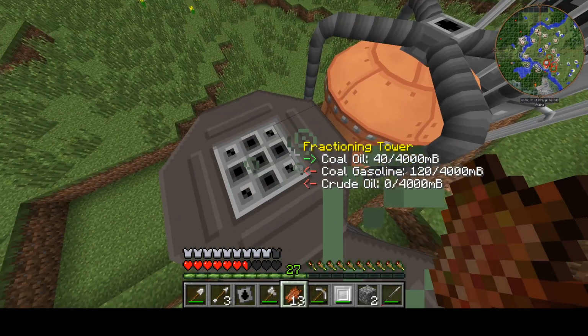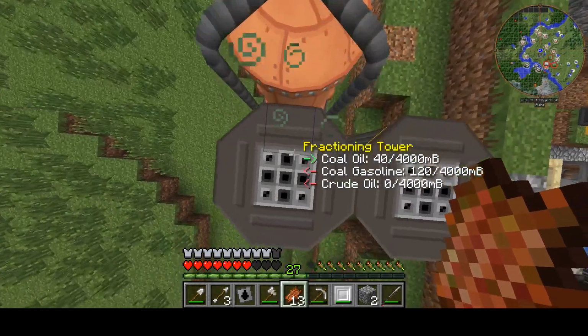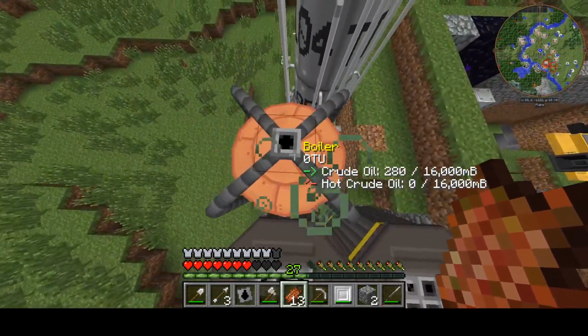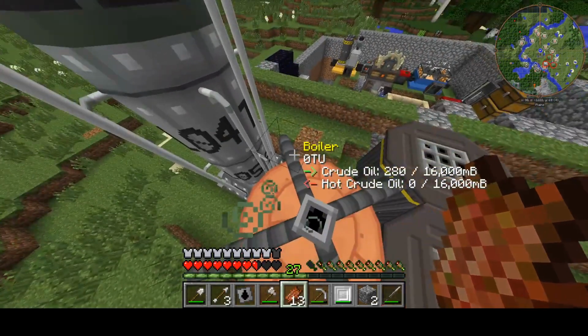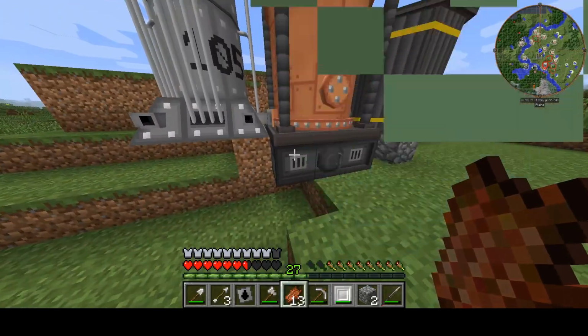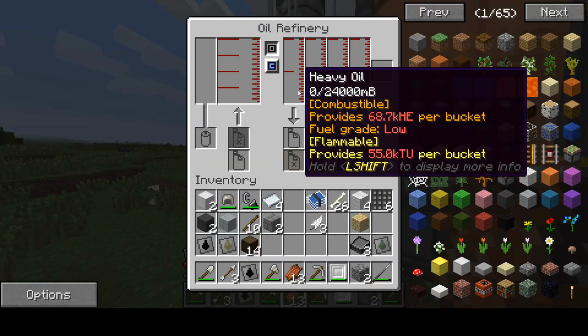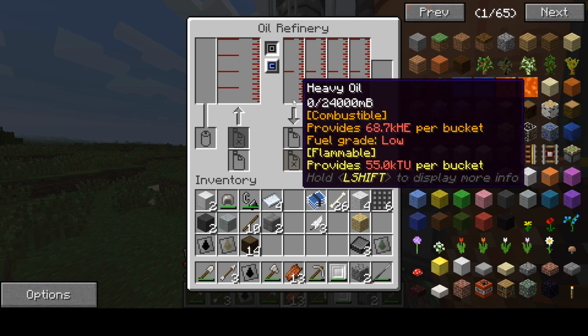So yeah, we made some coal gasoline, some coal oil. Now the coal oil, actually, crude oil, is going into the heater. It's going into a refinery. Did we make the refinery last episode, or is that something I did between? I don't even know. Anyway, so this guy, he's gonna be cooking up some light oil, some petroleum gas, naphtha,